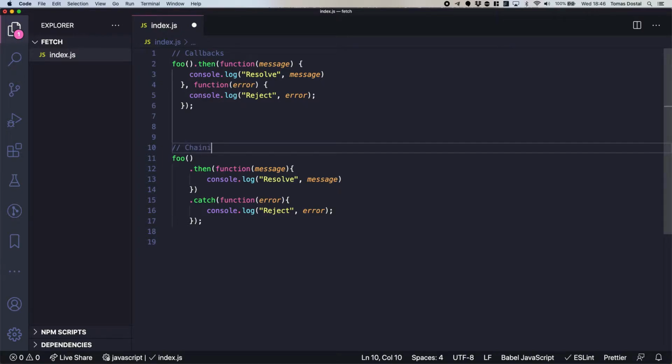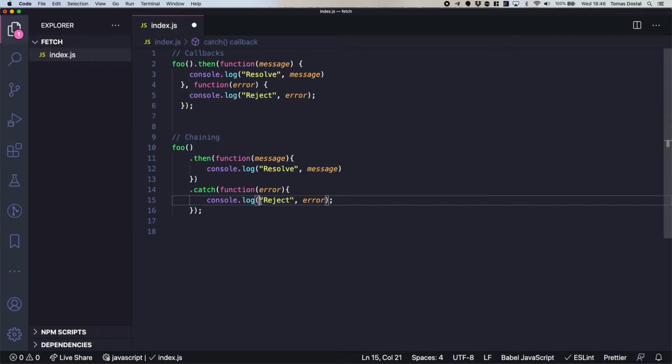There's no difference, is there? I mean, it's just readability, I guess. Is it just readability? Well, it depends on the application. Mainly you would do it for readability if you have simple promises, but there is one fundamental difference that you need to be aware of with this.